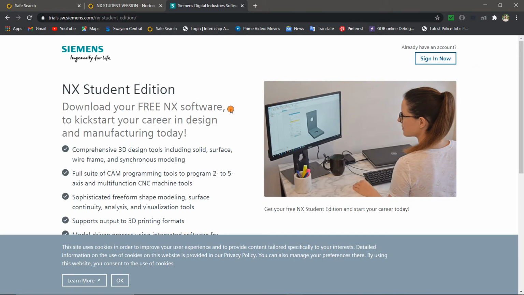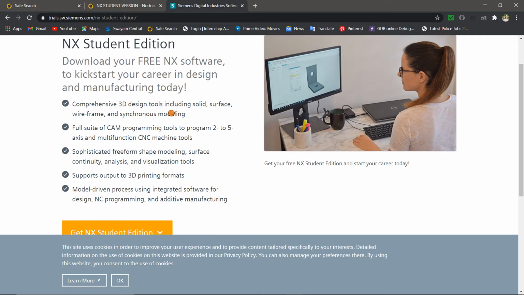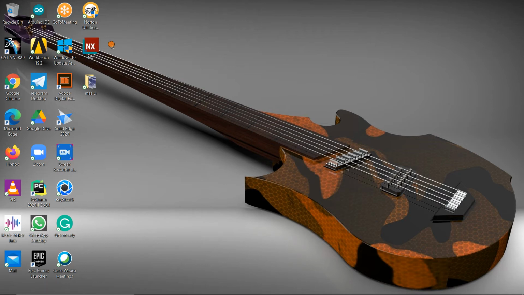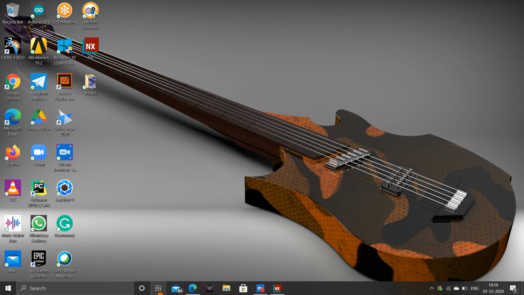Sign in using your Google account. If you don't have an account, just give your Google account. It will automatically do everything, and then go and get your student licensed version. It will be for 1 year. Meanwhile, in this 1 year you can learn that, and after downloading you will get a desktop icon like this. Not the pirated one, which gives you a globe icon; for the student one you will get a notebook icon. Right click and open that.